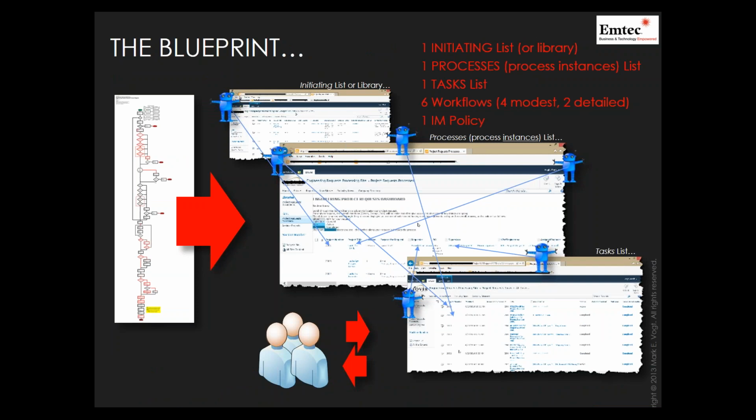The blueprint then, and you saw a sneak peek at the very beginning, is that typically in any of your business processes, it doesn't matter what business unit or what department it's in, there's going to be a processes list that's going to contain all of the instances of that business process, and we'll see why later. Then those instances may or may not trigger one or more tasks. You're going to have your own dedicated task list, and what started or created that process instance in the first place might simply be any list or library out in your universe where an event happened that triggered the creation or the initiation of a particular process.